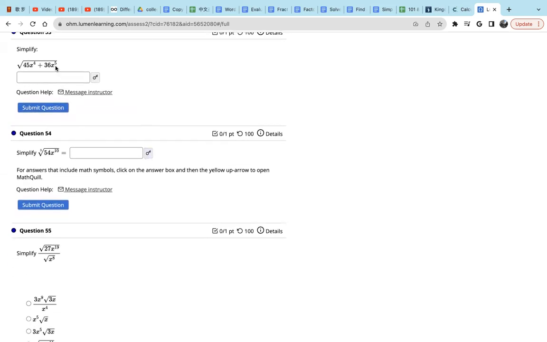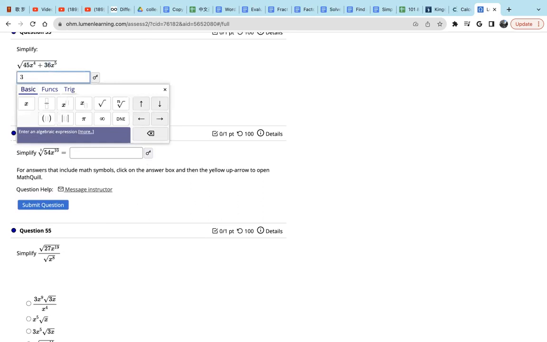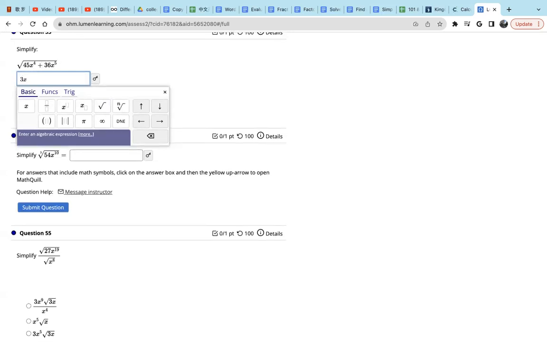53. We see, okay, 45 is 5 times 9. 36 is 4 times 9. So we can factor out the square root of 9. And the square root of 9 is just 3. Then we can factor out x raised to 4. The square root of x raised to 4 is x squared. Then we still have inside, what's left? 5, right? Plus,